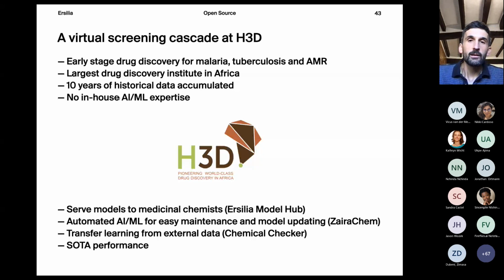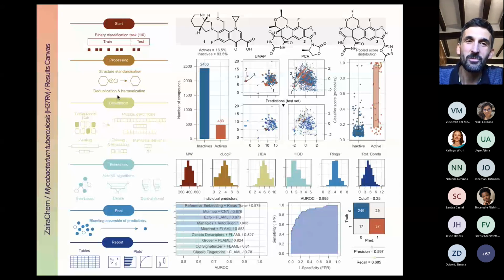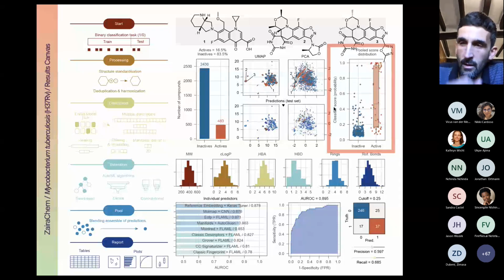So at the end of the pipeline, there is a very, very complex, let's say, dashboard that would look like that. Here I'm just showing the example of a Mycobacterium tuberculosis assay, and we call it a results canvas. What's important, I believe, here is to focus on this particular plot, where you can see that the model output